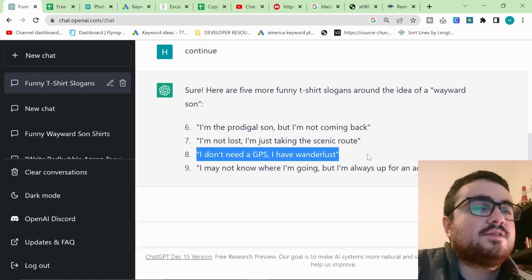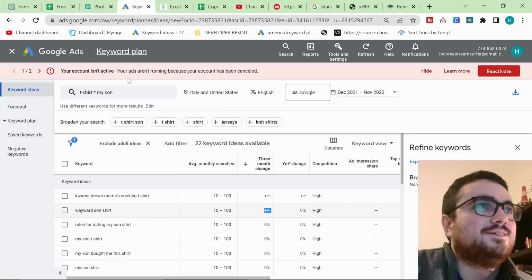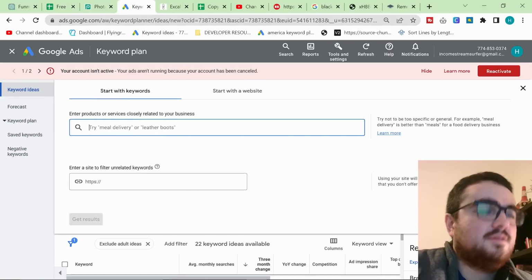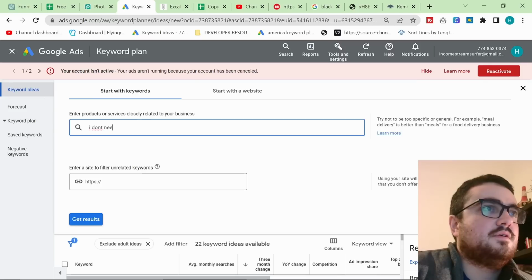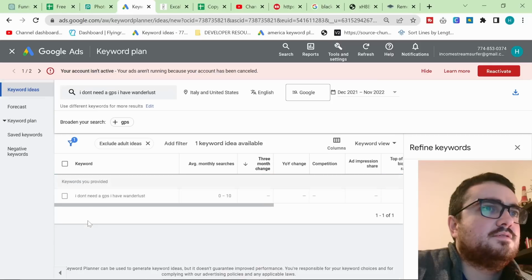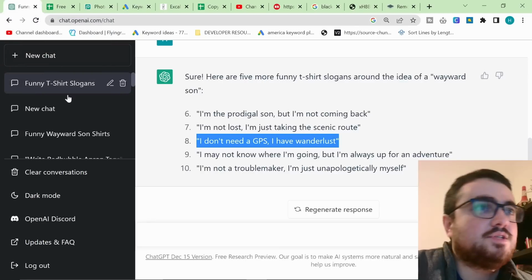I don't have needed. That's actually really good. That's actually a really, really good keyword. I really like that. I don't need it. I don't need a GPS. I have wanderlust. Did I write that well? I think so. Okay. It says that there is some interest in the keyword, but